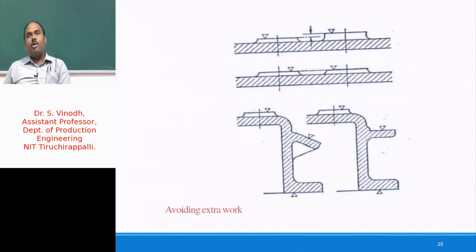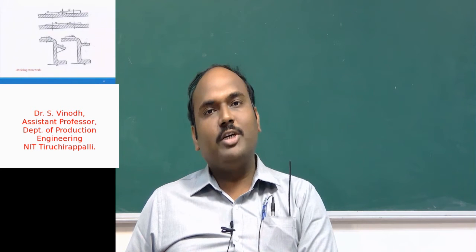This slide depicts how the extra work could be avoided. The example which is being provided on the top shows the depth of the bosses are unequal, whereas in the subsequent variant the depth of the bosses has been made uniform, thereby the extra work is being avoided. The example shown at the bottom, you could see on the left side a sloped support is being provided, whereas on the right side the sloped support has been made a straight support. So all this guideline also we have to incorporate judiciously without compromising the functionality of the parts.